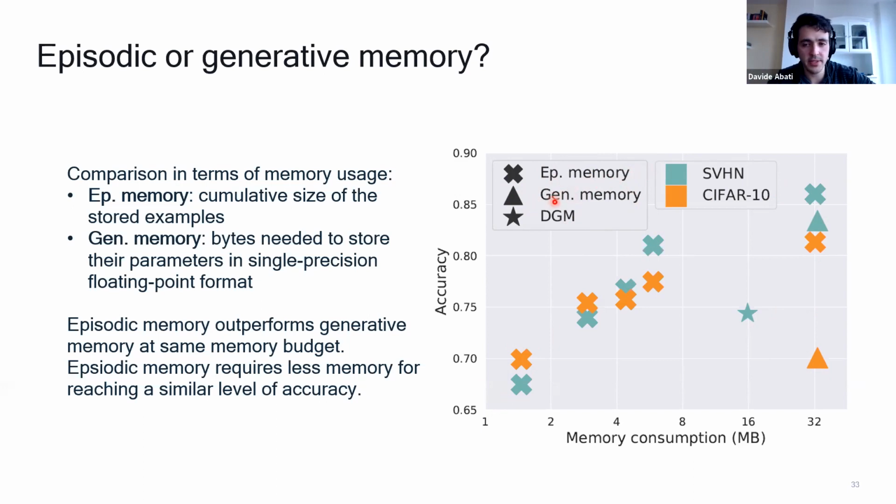I have to claim that for generative memory, in our experience, visual quality is not a good proxy for a good replay. So we ended up having a model that was not doing great in terms of visual quality, but was better for replay purposes. I think this is poorly understood, because I would expect that better samples would yield a better replay, but that was not the case in my experience.